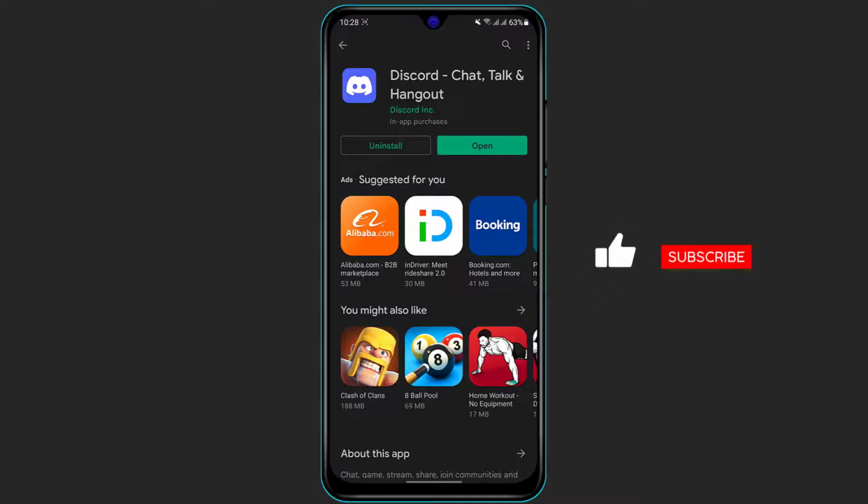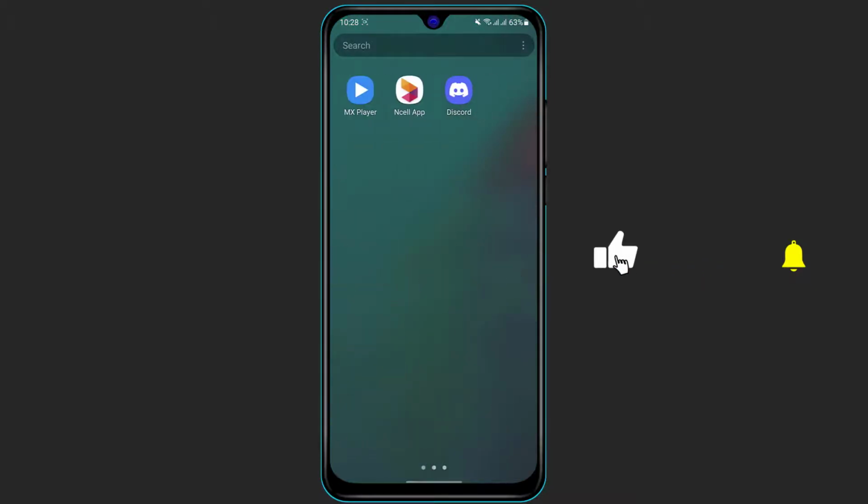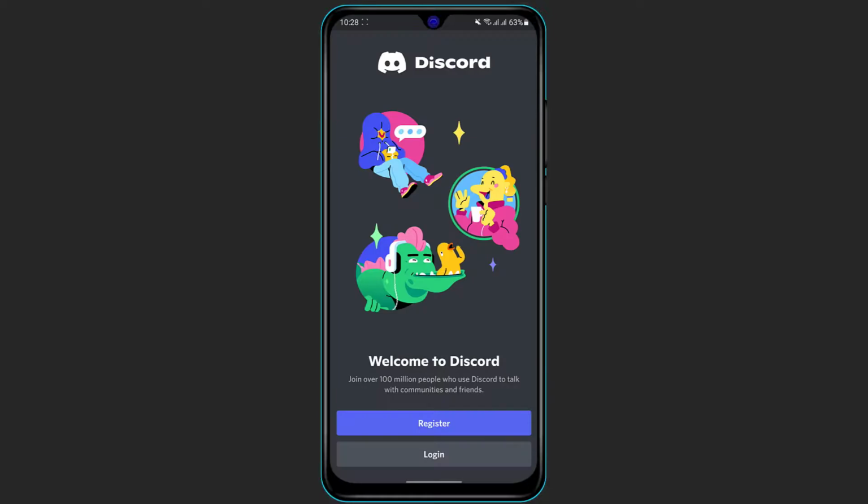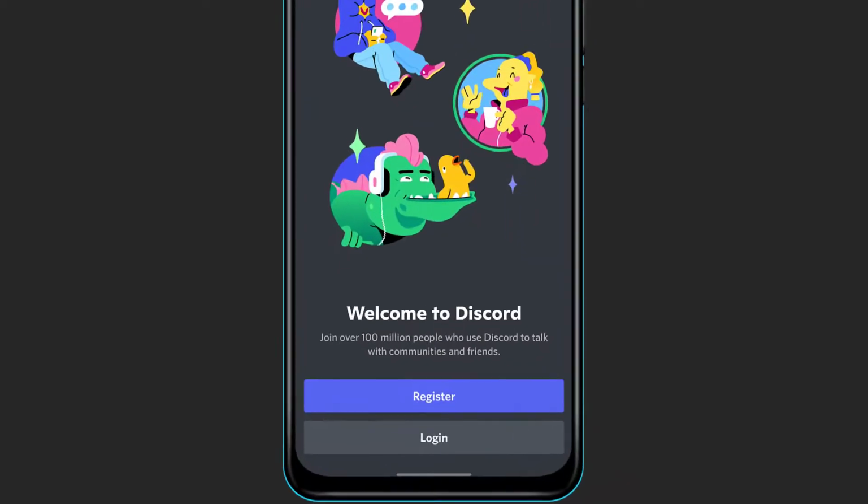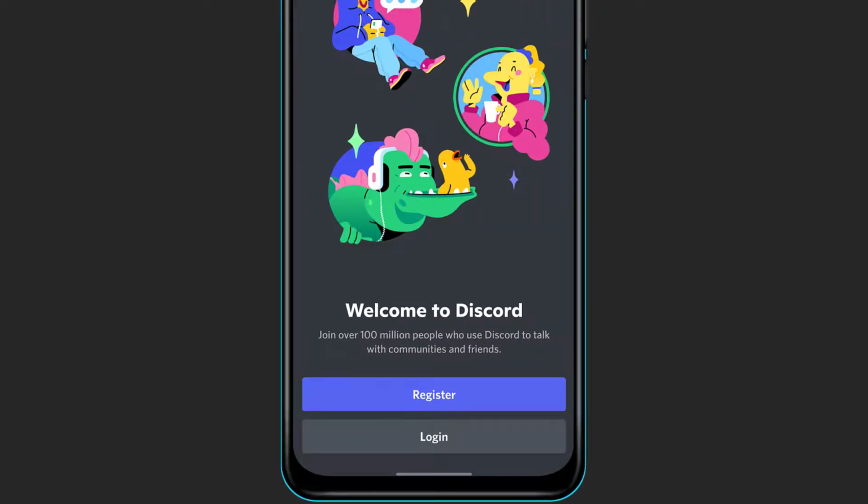One way to open the application is right from here, and the other way is to simply go back and open your home screen, and then here you can see the Discord application which you just downloaded. Simply click on Discord until it opens up a menu. Open the application, and at the bottom of the screen you can see two options, welcome to Discord